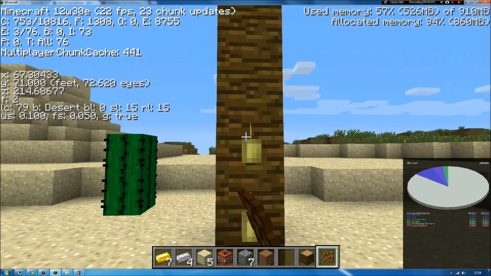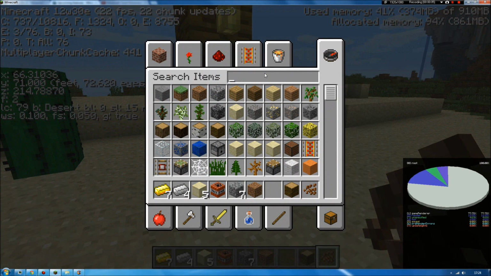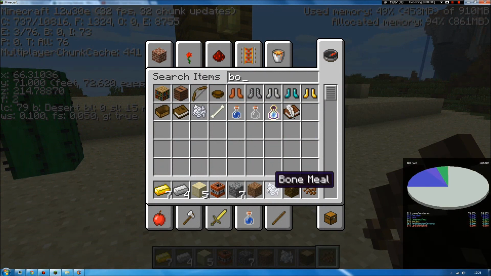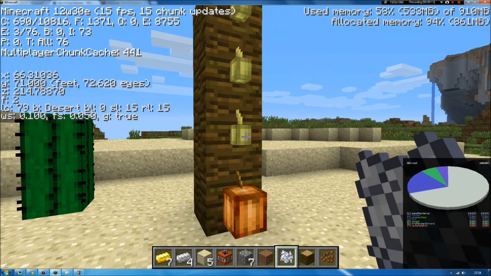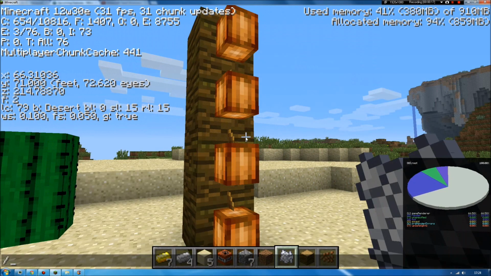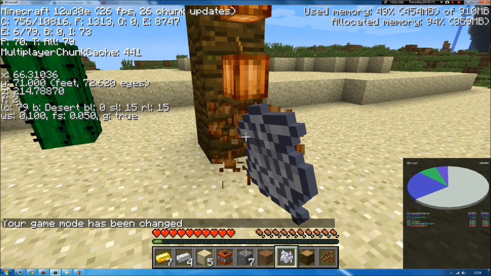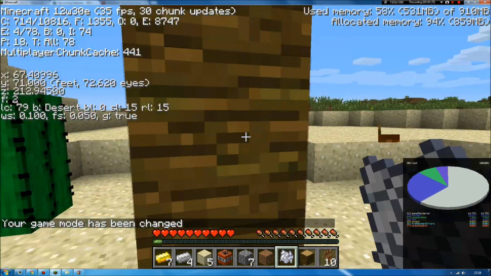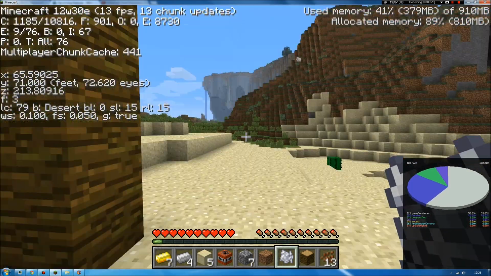Jungle seeds can now be farmed like this, and if you get bone meal, I think they can be instantly grown. Yes, I'm right. And then you can harvest seeds and make some cookies. They have to be grown on jungle wood, and you can find them naturally occurring in jungles